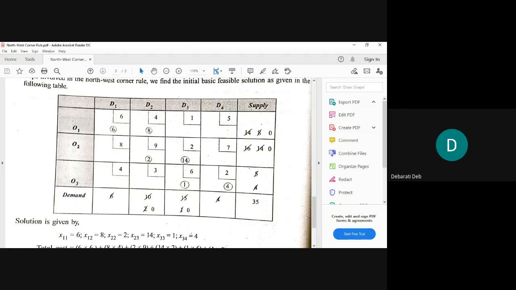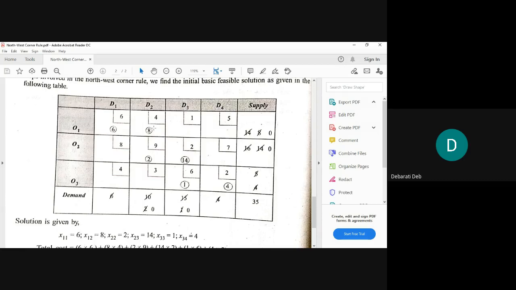Okay. Now in this case, when we started the sum, the row total was 14, and the column total was 6. So the row total was more, the supply side was more. Because when the row total is more, we have to move right hand side. So we are moving to the next box. That means we are now at O1, D2, right?